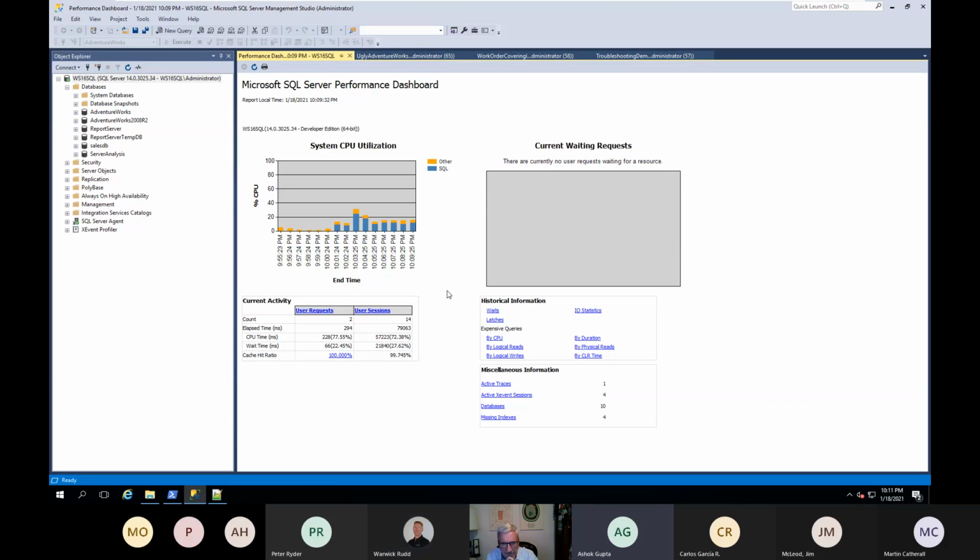Alan, I have a question. Sure. The first point that you talked about, joining the profiler and the Perfmon, you could find out the particular query that's not performing well. And here as well, in the performance dashboard, you get a similar result.